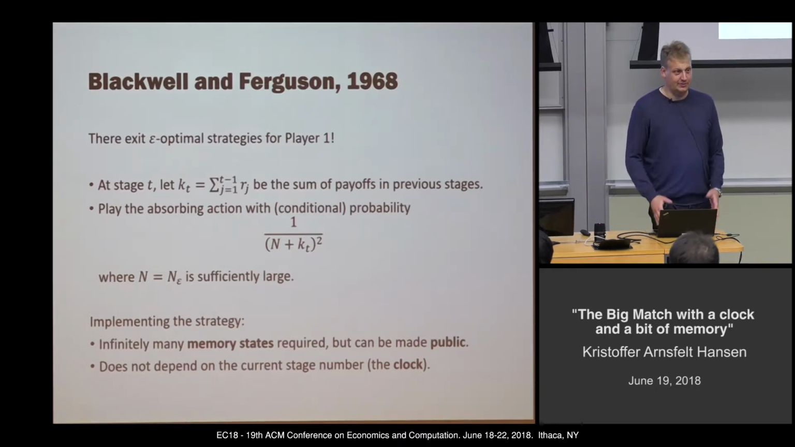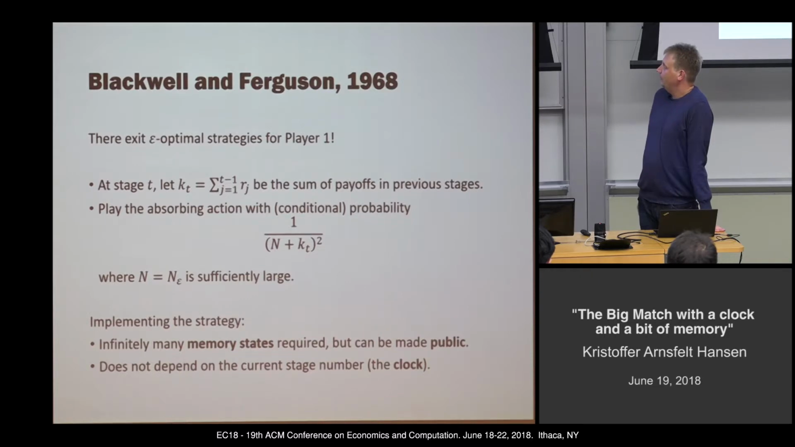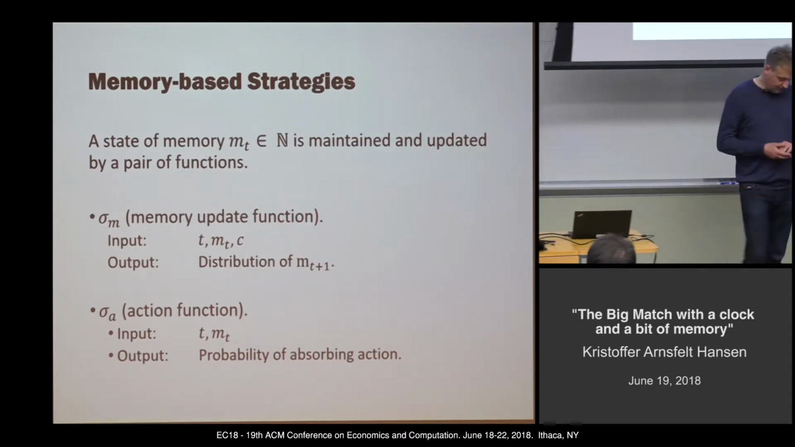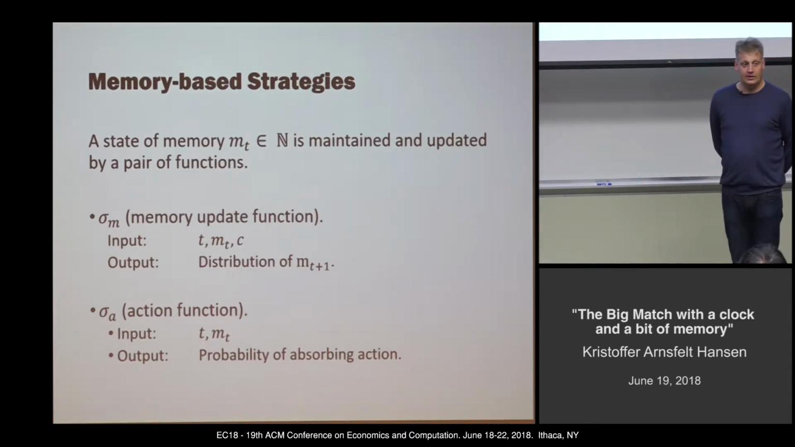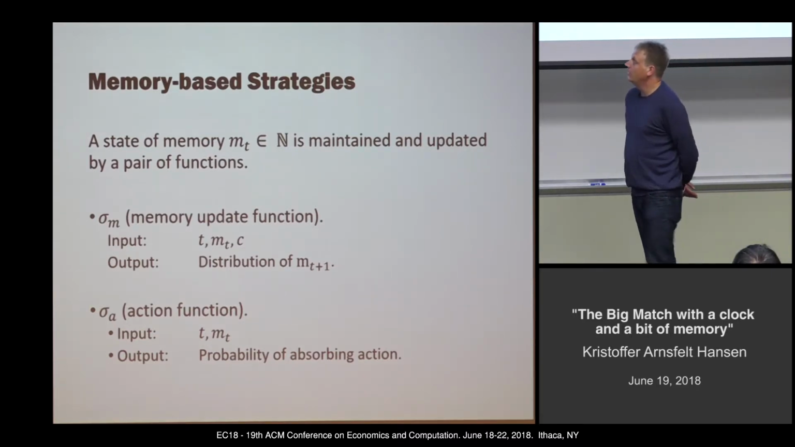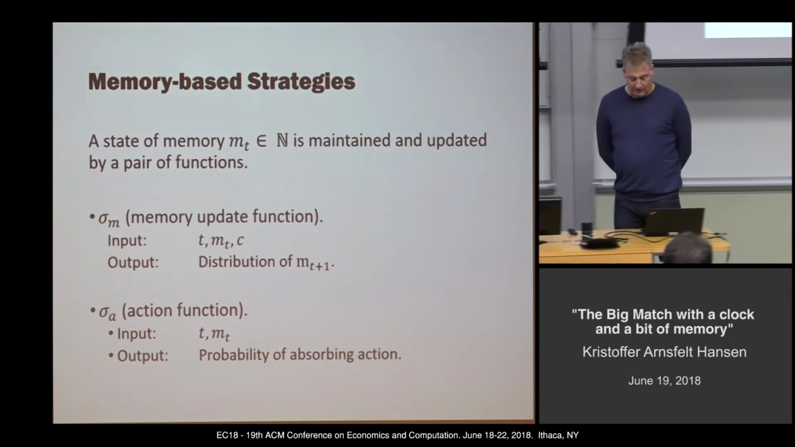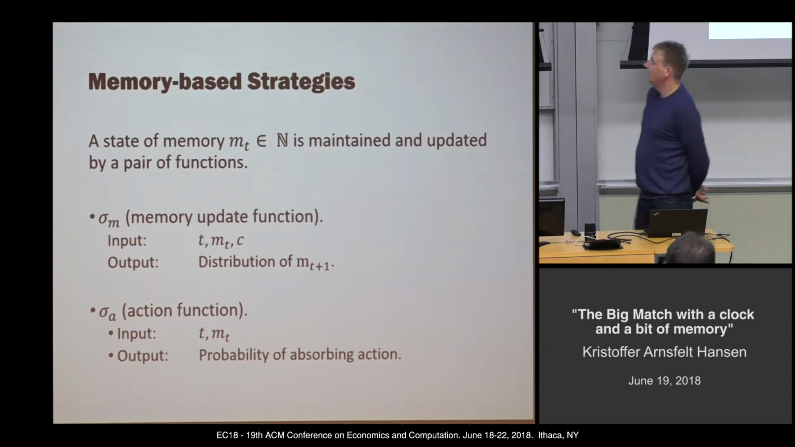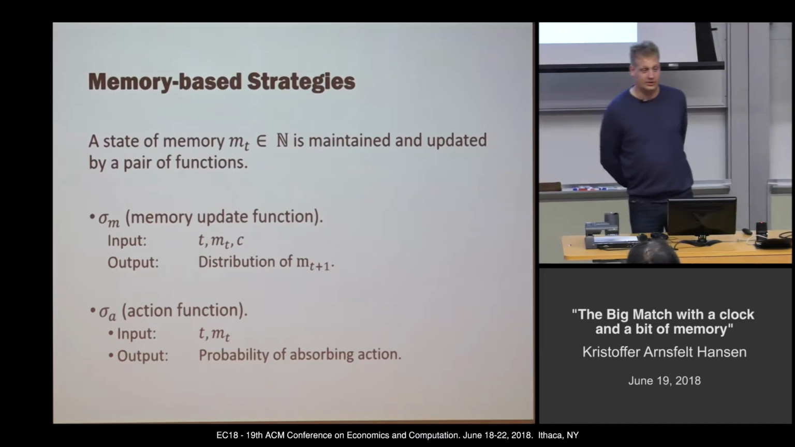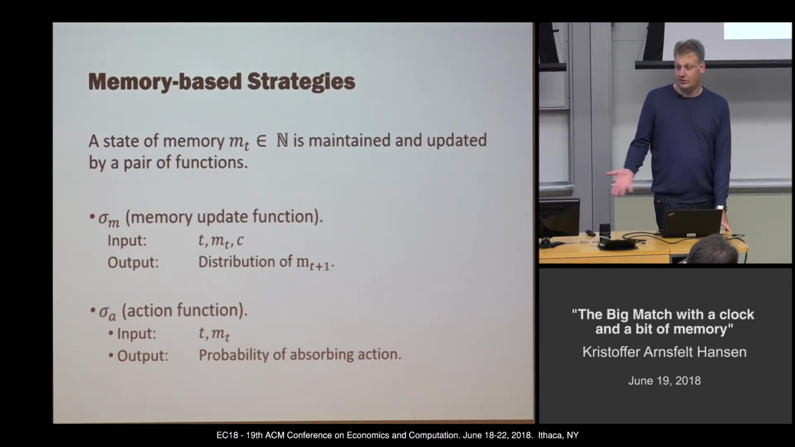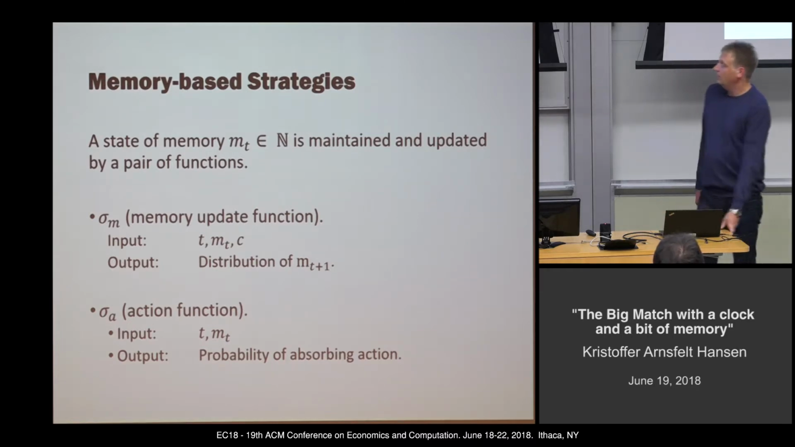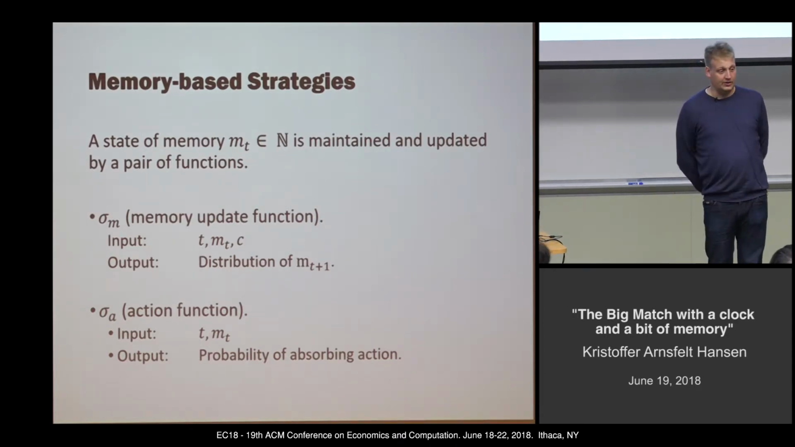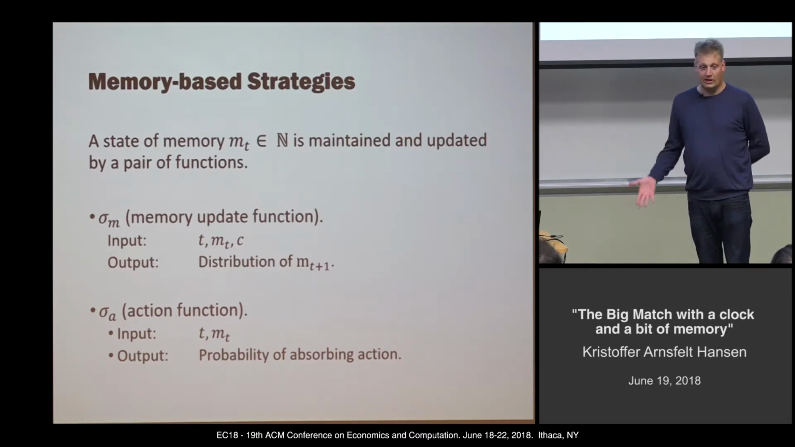So we are interested in maybe simpler strategies from the point of view of storing memory. Let's define what a memory-based strategy is. It's something where you maintain a memory state, encoded as a natural number, and you update it after each stage. You get the current time, the time of the clock, your current memory state, and what the opponent played. Now you can make a distribution on next memory states. And you also need to decide which action to play in a given stage. So you get as input the time and your current memory state, and you output a probability distribution